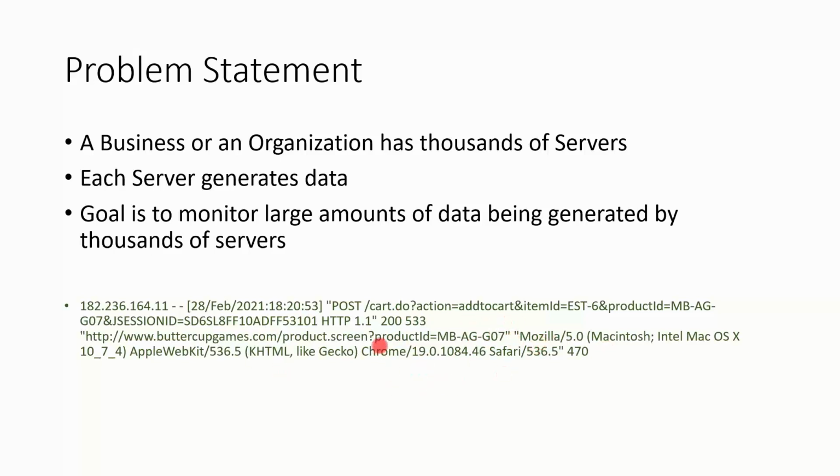Like during Big Billion Day or something, you will have a two-day sale. Post the two-day sale, they will give you a metric like within these 24 hours we have sold this many goods. If they take this as the action and calculate what items are being sold, they will get that number.